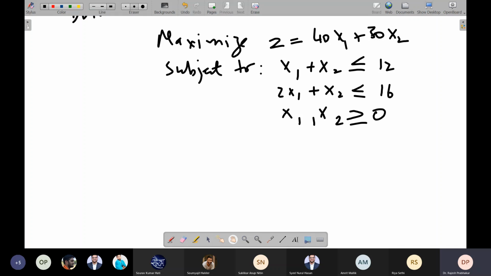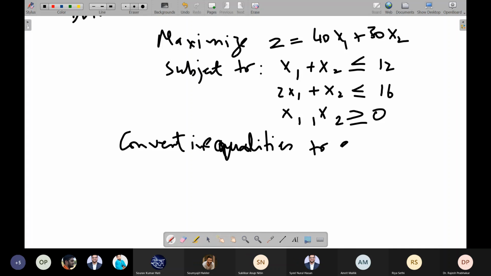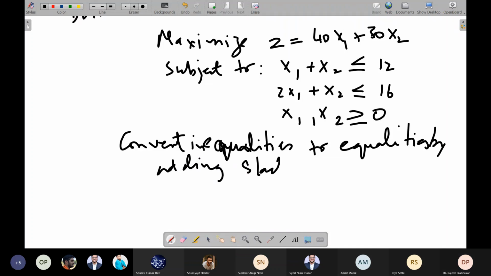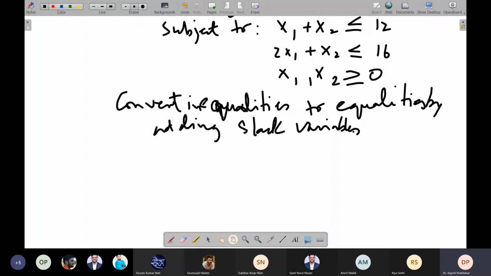The objective function will be rewritten as minus 40x1 minus 30x2 plus z is equal to 0.